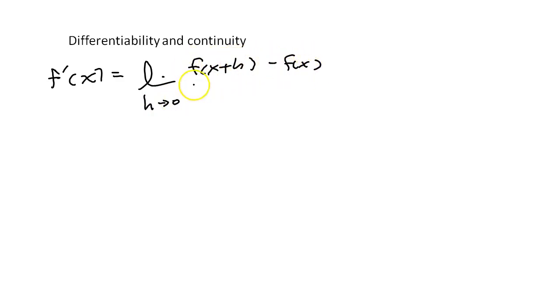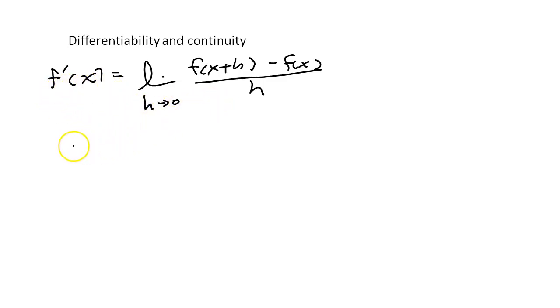Differentiability and continuity. Not all functions have a well-defined tangent line at every point. This is not so strange if you think about the definition of the derivative, f prime of x equals the limit as h goes to 0 of f of x plus h minus f of x over h. See, this right side is a limit, so if the left limit and the right limit do not agree, then this limit wouldn't exist, which means that f prime wouldn't exist.